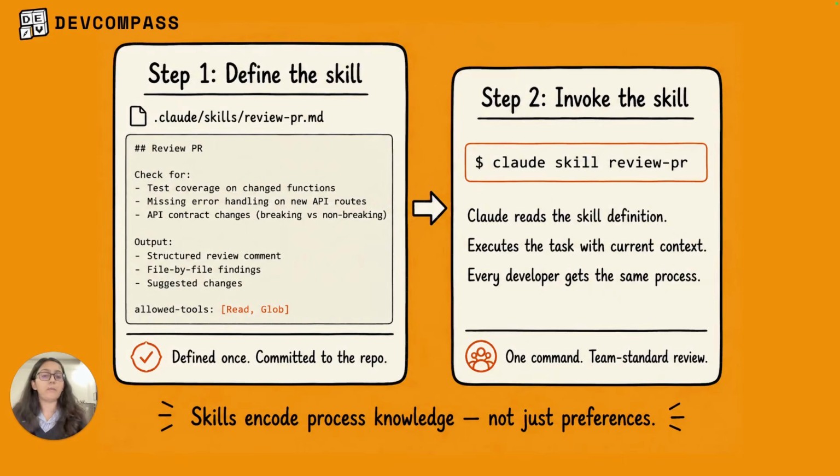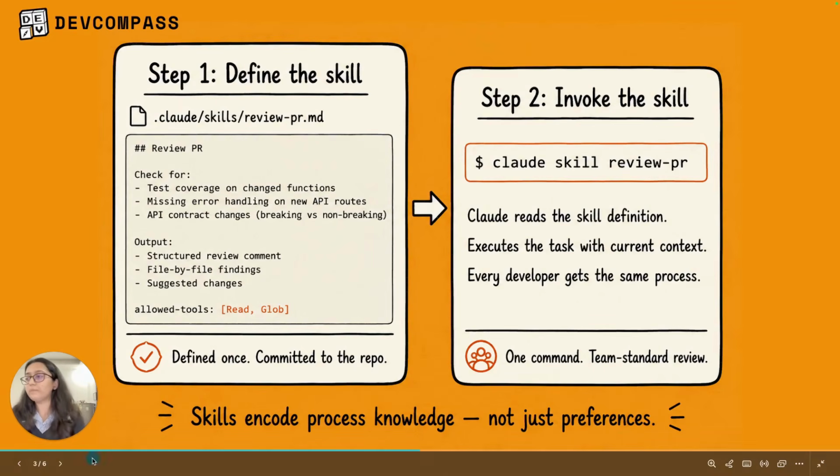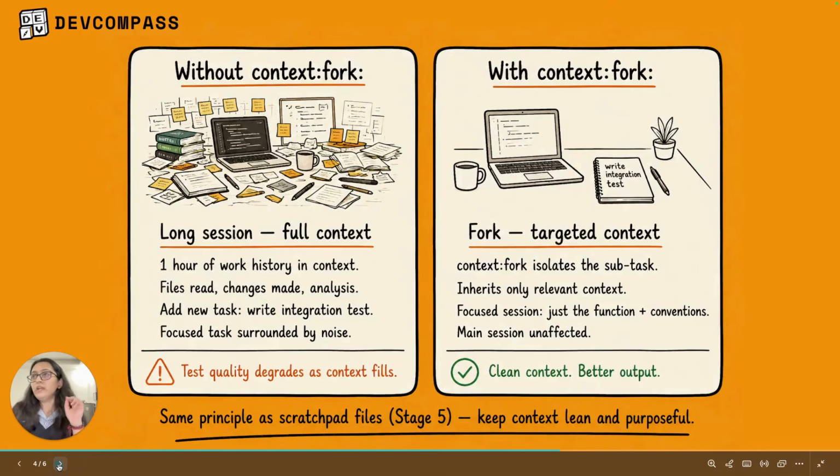So you need to remember that skills encode process knowledge, not just preferences. That is a distinction. A skill cannot be personal. It's the team's agreed standard for how a task should be done. Okay. Now, two of the topics are discussed: path specific markdown files and skills, and now we will look at